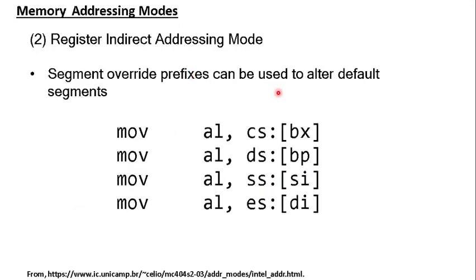Then, as I told earlier, apart from the default meanings given by these registers, we can use segment override prefixes to alter the meanings. BX, SI and DI by default offset into your data segment, but you can use them with other segments also. Suppose that I need to access an operand from the code segment using the BX register. This is how I will proceed. I will put the segment override prefix CS like this, put a colon, and have the offset stored within BX, put it within the square brackets, and then issue the instruction like this. Likewise for all other instructions.